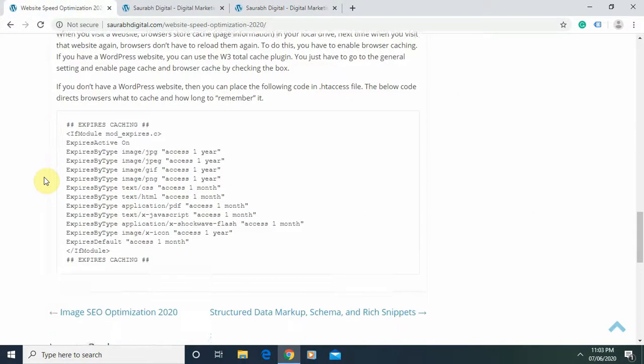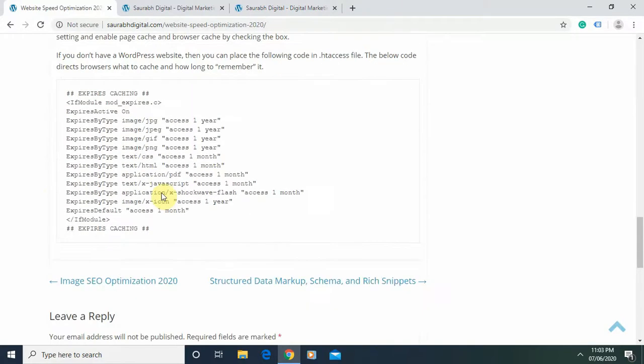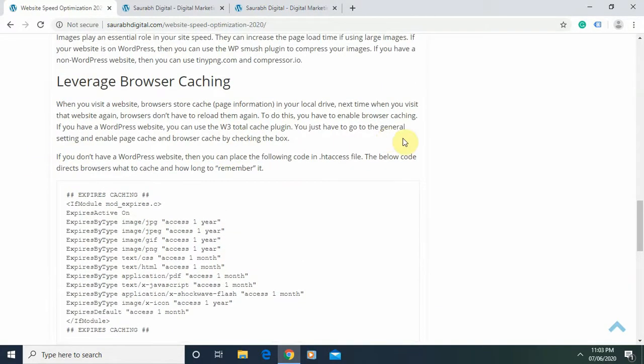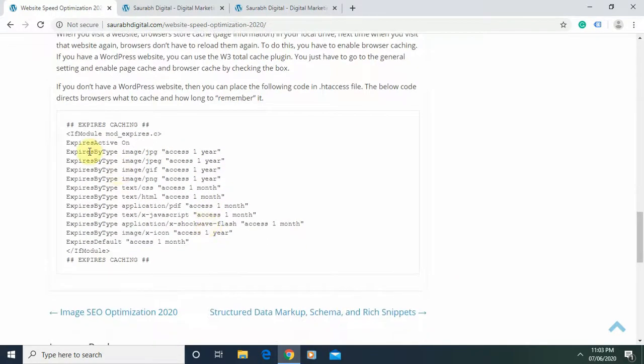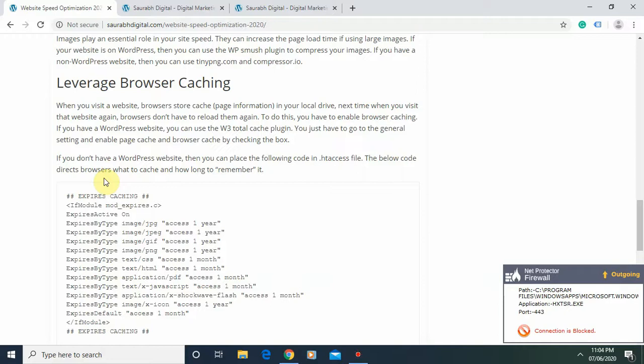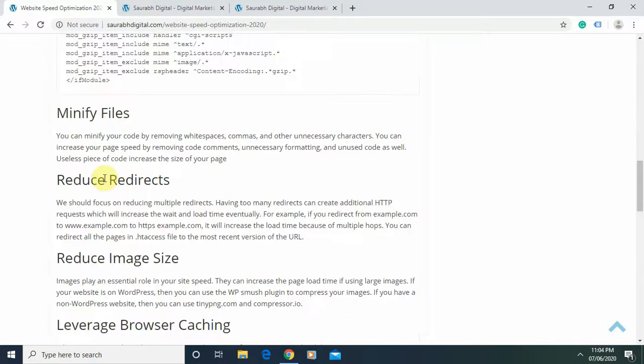So what you have to do, as I mentioned earlier, is use the .htaccess file. Same thing, you have to copy this code and paste it in your .htaccess file, which is a text file. Then you can upload it in the root folder of your server. Whatever hosting you have taken, from GoDaddy or other hosting providers, you can go to your folders and at the root level upload this .htaccess file.